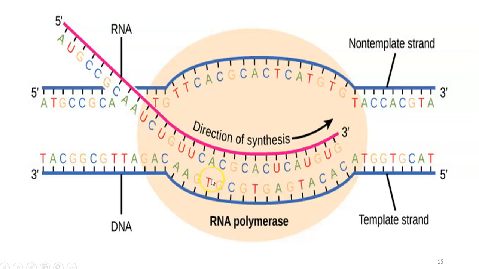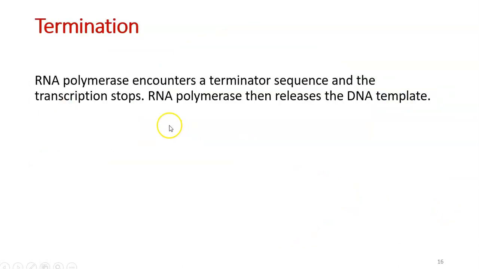So you understand that when T is there in the DNA, there is A in the RNA, but when A is there in the DNA, there is no T in RNA, so U will be added. It is proceeding in the 5' to 3' direction. This is the template strand. According to the information present in the template strand, this complementary sequence will be available in the mRNA. Fine. Finally, RNA polymerase